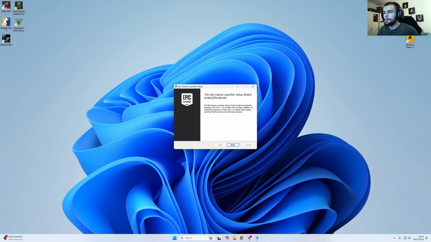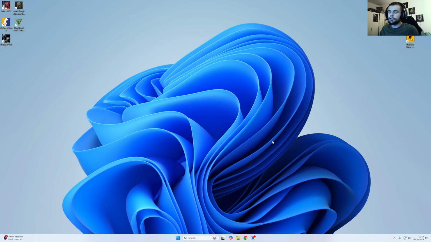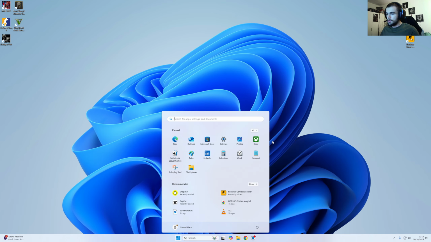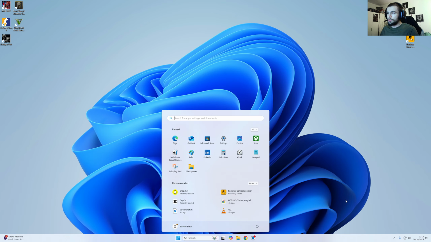It says the Epic Games Launcher setup wizard ended, and it says that your system has not been modified. I've no clue what that means. We're just going to go and click finish. So yeah, very straightforward. What you want to do is go and type in on your Windows